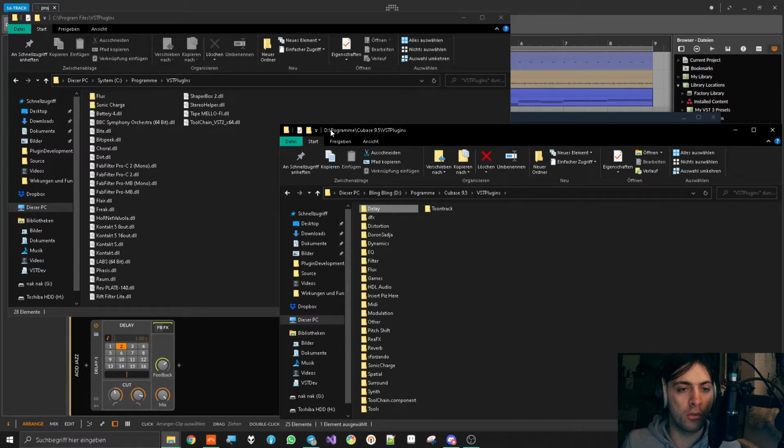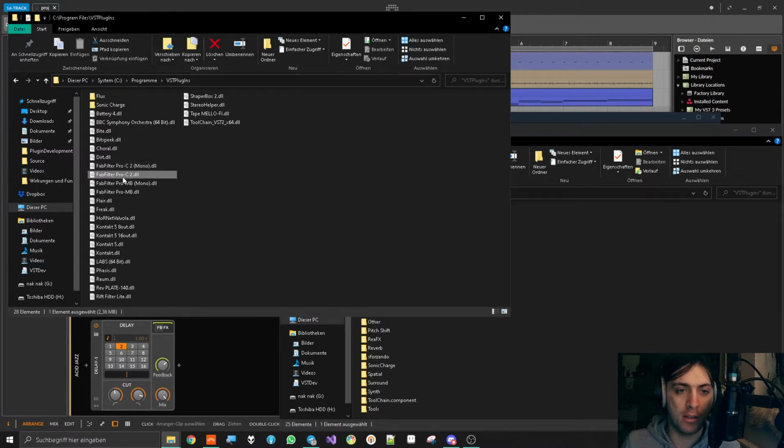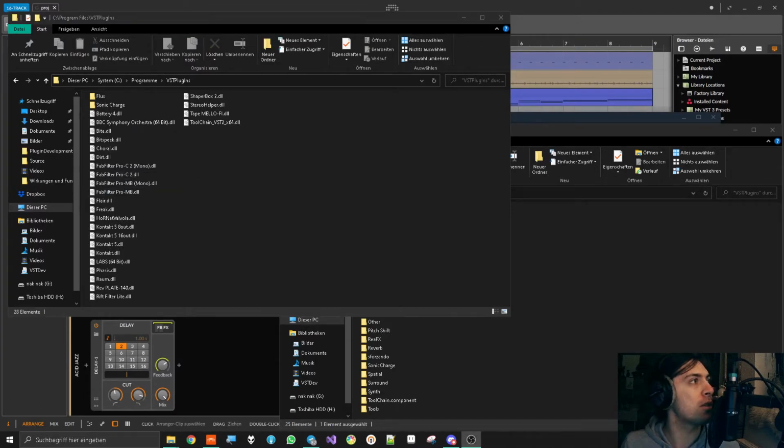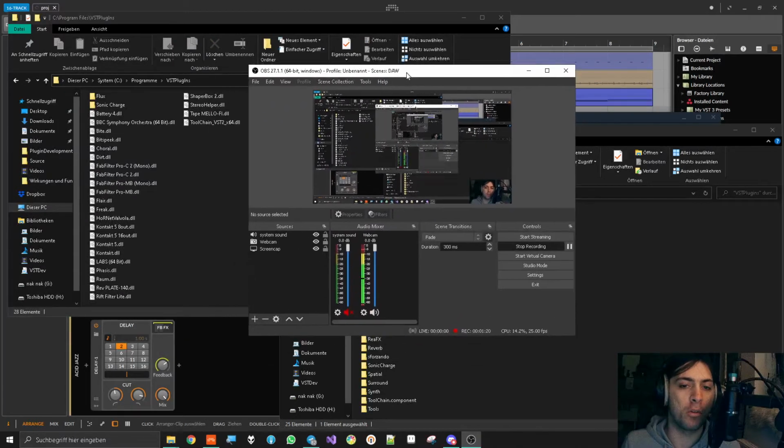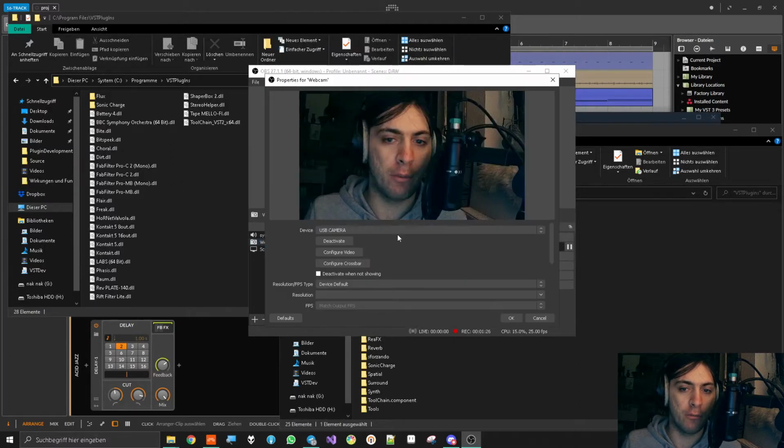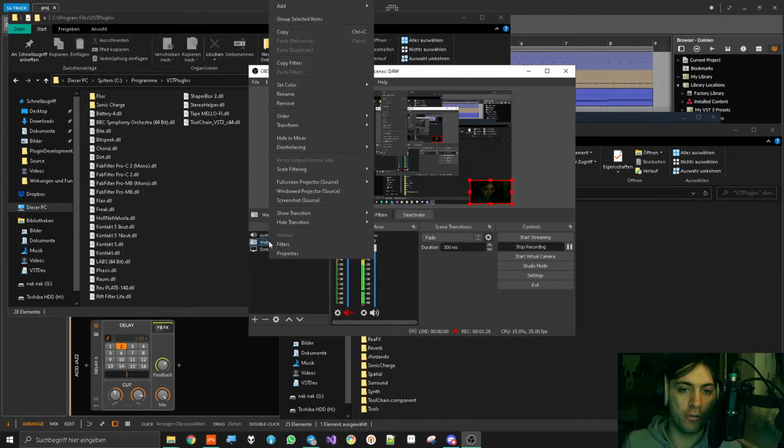That's not true for all of these things. For example, there is FabFilter, which is definitely also available as VST3, and I also have it as VST3, but there is also some need to have it as VST2, because for example the software that I use to record everything with, OBS, also has only VST2 support, and I'm using FabFilter there for